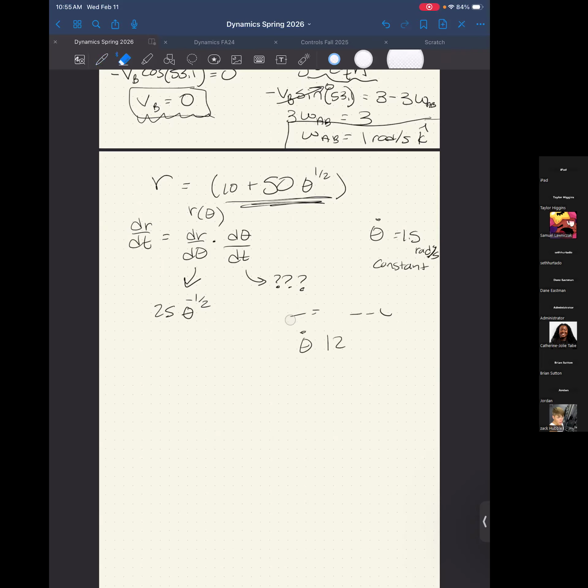I have that d theta. Oh, shoot, wait. I don't even need to do it. You have theta dot. You don't need theta as a function of time. Theta dot is always, always, always 1.5. So it's just